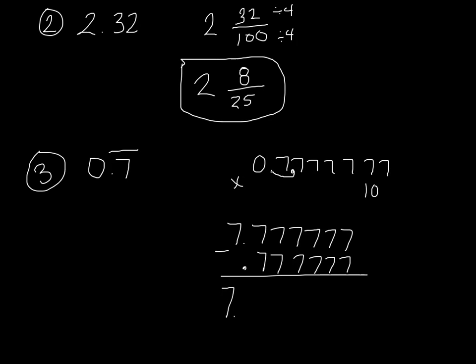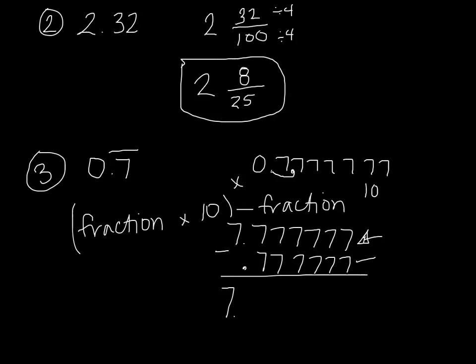So here's kind of an equation. We've been thinking a lot in equations this year. I have my fraction here, and then I multiplied that by 10. That's how we got to here. And then I subtract my fraction right here, then I'm going to get the answer of 7. So really, what I'm doing is instead of saying 10 fractions, if I subtract a fraction from the 10 fractions, I'm left with 9 fractions